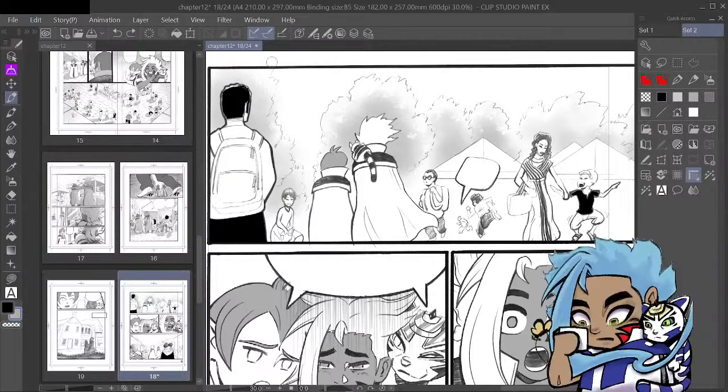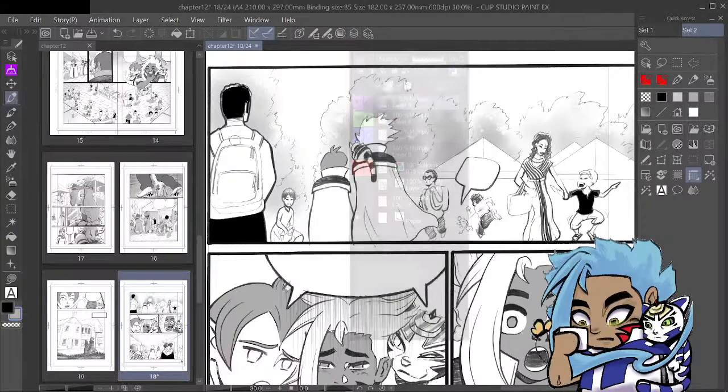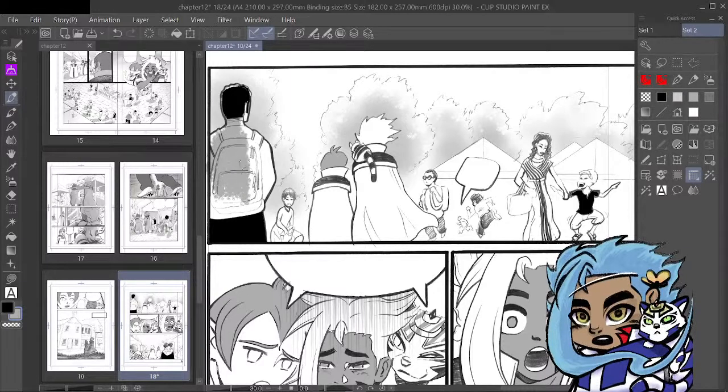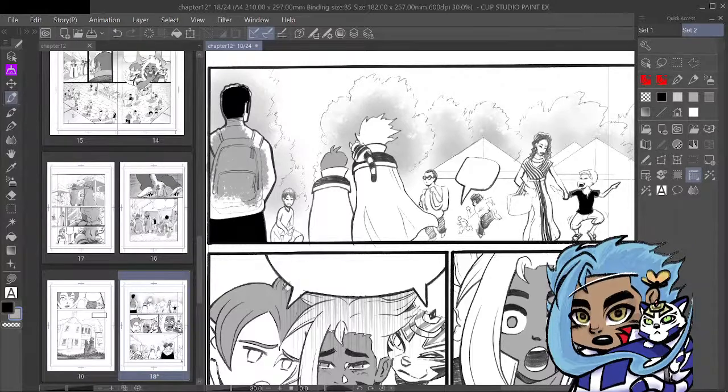Of course, I didn't turn on multiply. Filling this guy in with this tree brush. It's for fun.